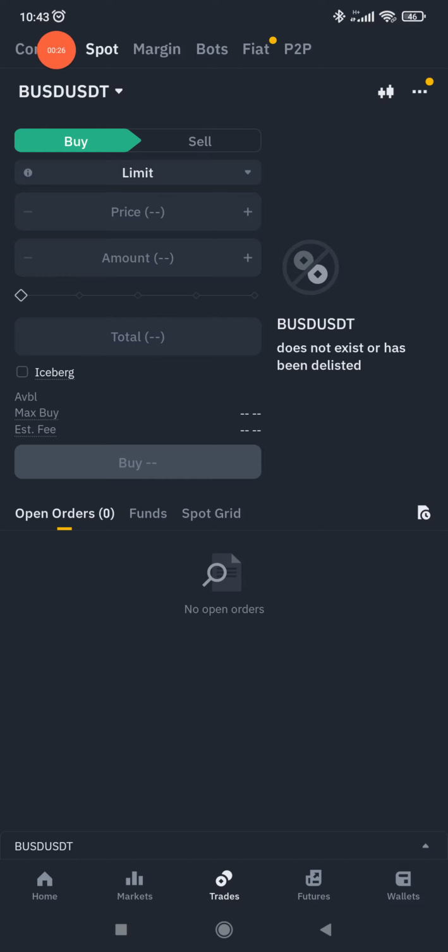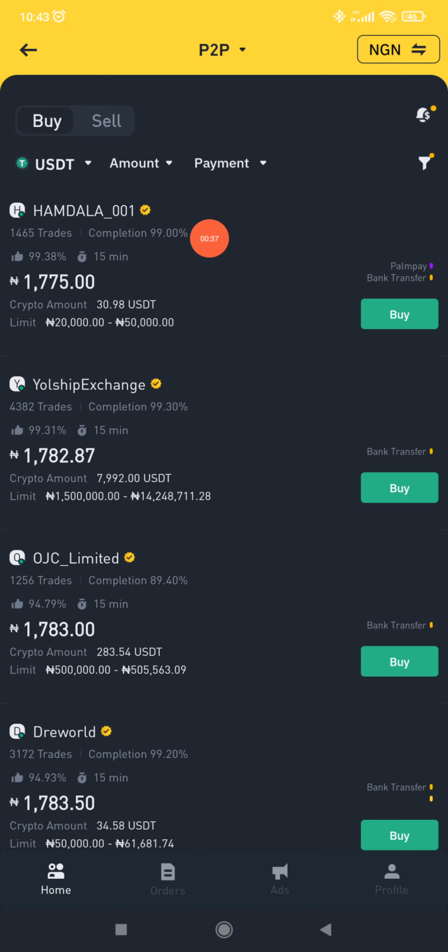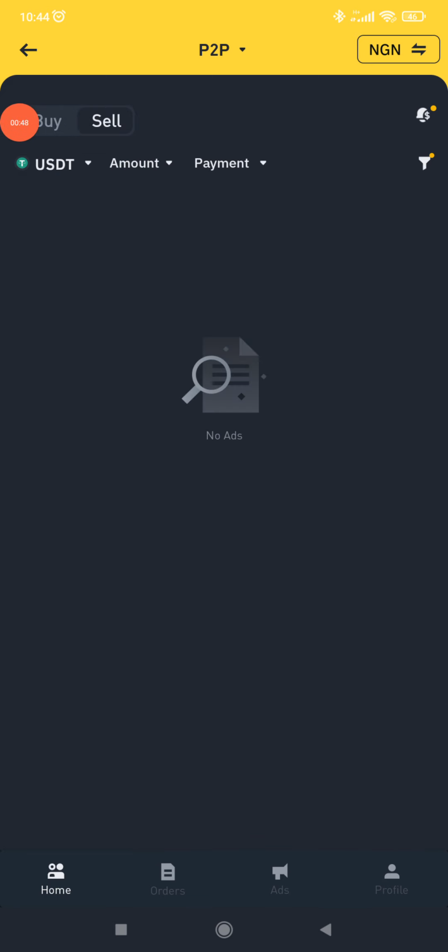Now you go on the top. You should see convert, spot margin, bots, and fiat. You want to tap on P2P because we're doing a P2P trade. So it brings us to the P2P page where you have the blue buttons buy and sell. Now, if you want to buy, you just stop here and then look at the different orders. But if you want to sell, you click on sell, and then this should bring us to the